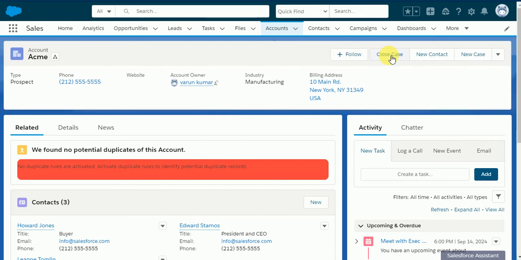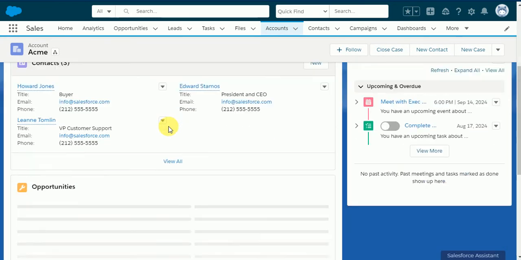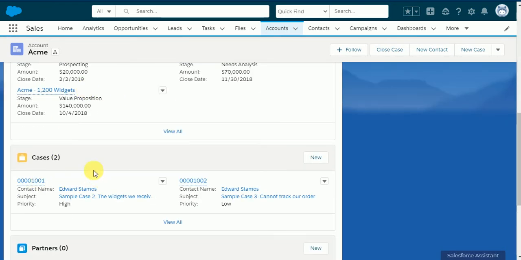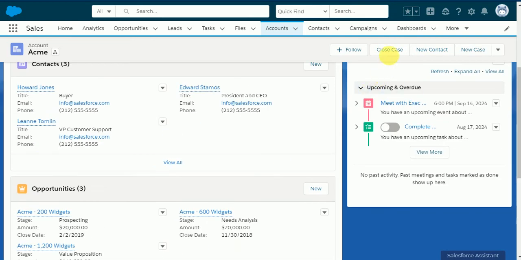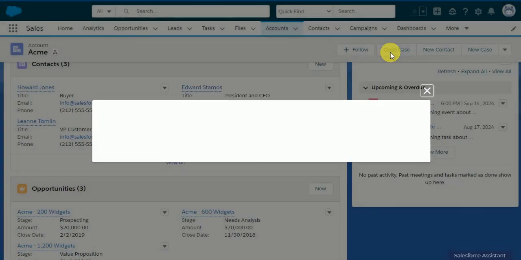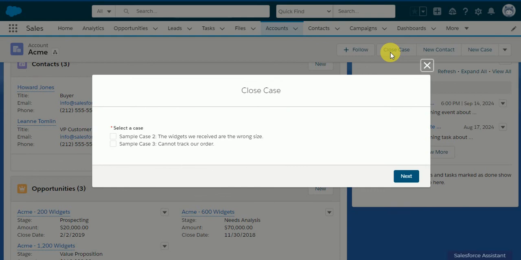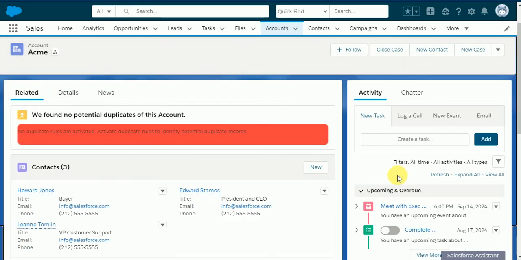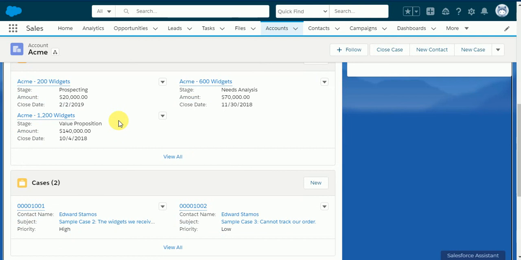On clicking of this button, it should be able to show me all the cases under this account. So these are the cases under this account, and click on this close case, and you can see these are the two cases. I'll select this one case and click on next, and you can see here my one case. I think this is the case which we selected